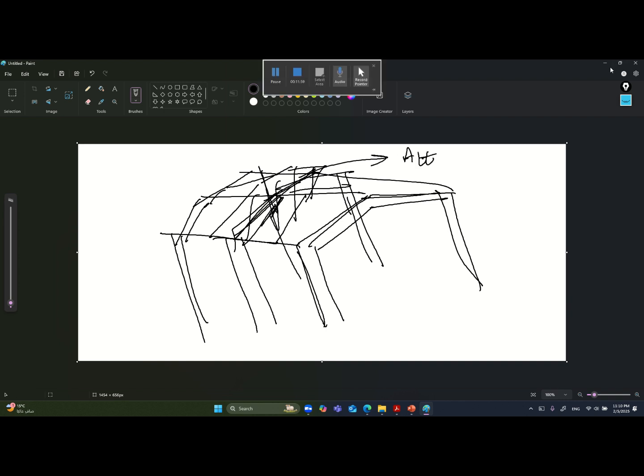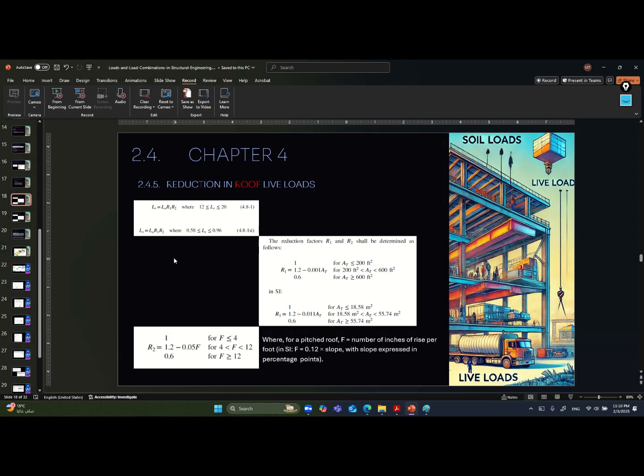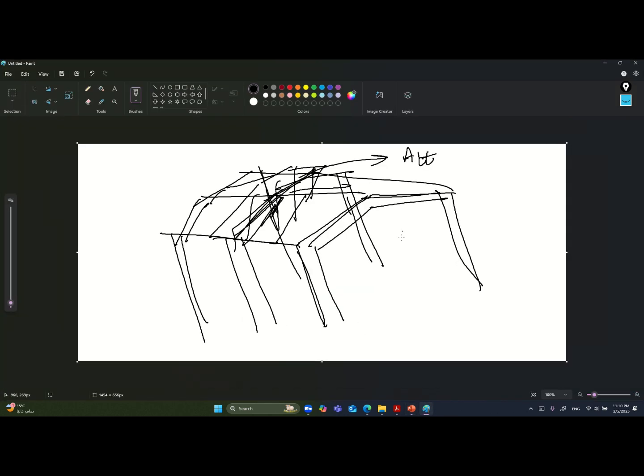And after checking the tributary area, if it is less than 200, then the R1 factor will be 1, and so on. And then you will also have to check the F factor. Okay, what does it mean by the F factor? Let me go back. So if I have this type of building,